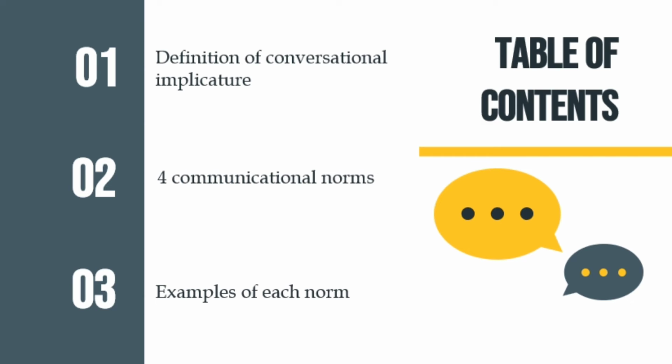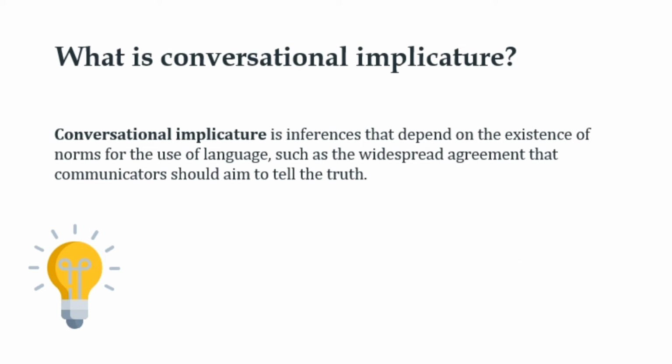First things first, what is conversational implicature? So conversational implicature is inferences that depend on the existence of norms for the use of language, such as the widespread agreement that communicators should aim to tell the truth. So in other words, it is the assumption suggested by the speaker and inferred by the hearer in an exchange situation. Now, these assumptions are not encoded in the words said, but are generated by the interlocutor's cooperation to achieve